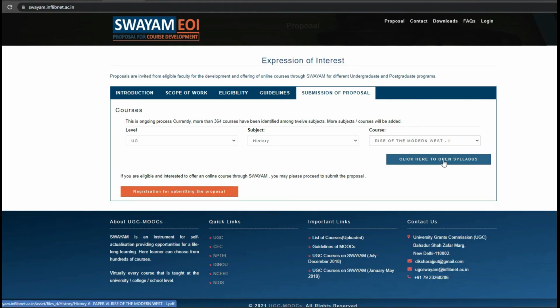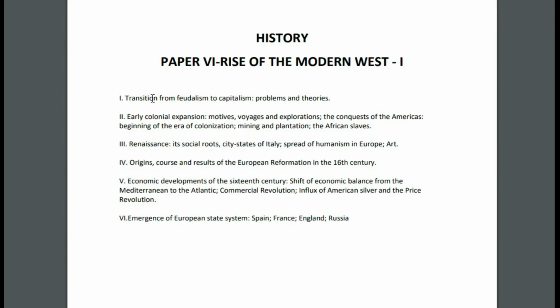You need not even change the syllabus, because this is what has already been approved by the SWAYAM organization. So click on it, you will get the complete syllabus. This is what the syllabus is, and you need not go anywhere. You need not search out what other universities are teaching. Simply go through the syllabus, prepare it, and submit it to SWAYAM.